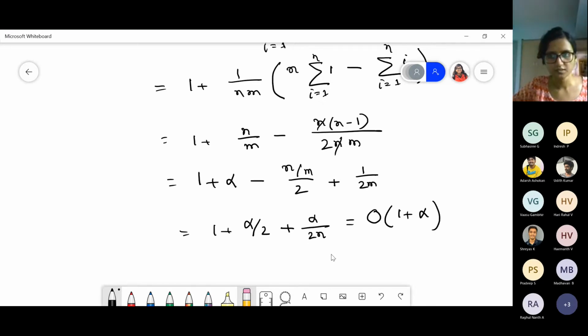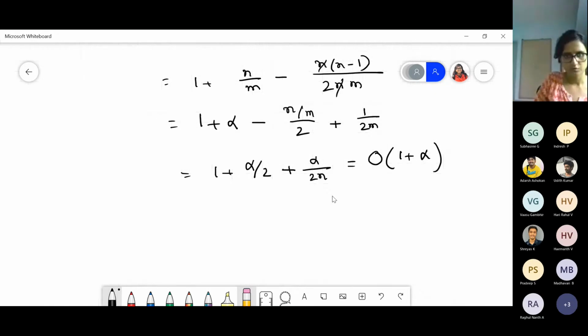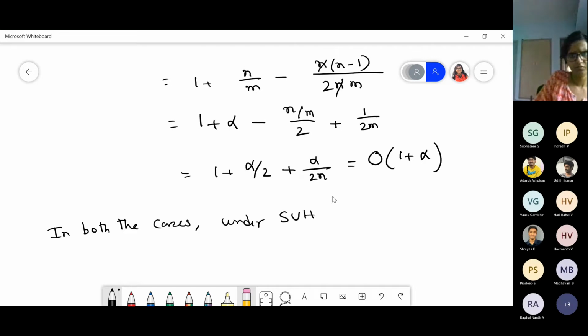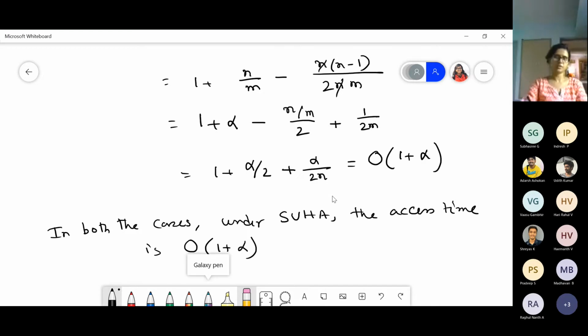The point is, in both the cases, under simple uniform hashing, the access time is order of 1 plus alpha, where alpha is n by m.